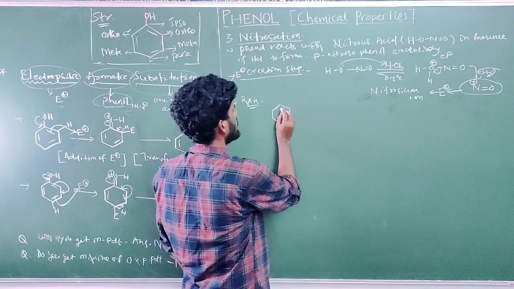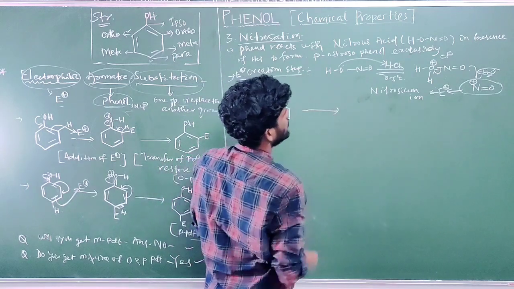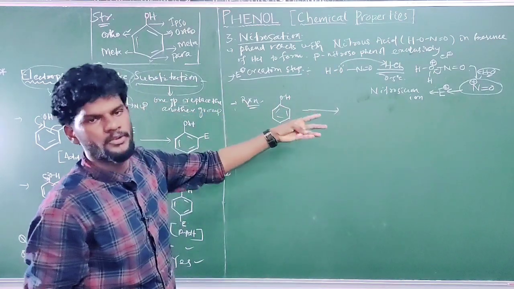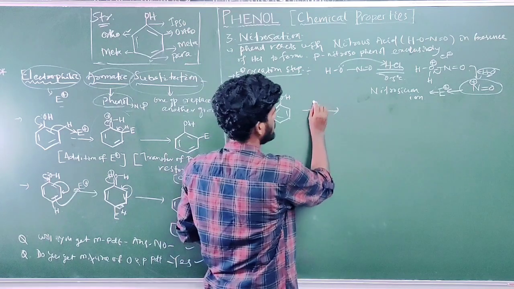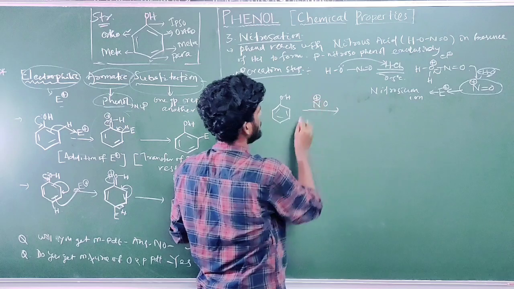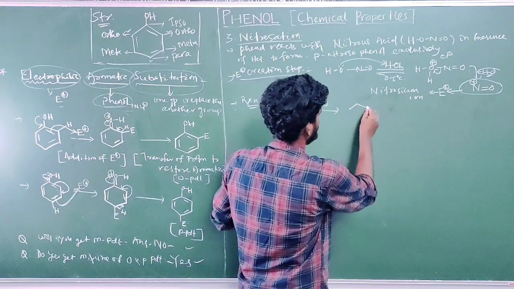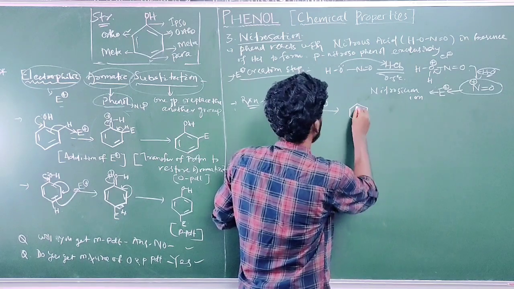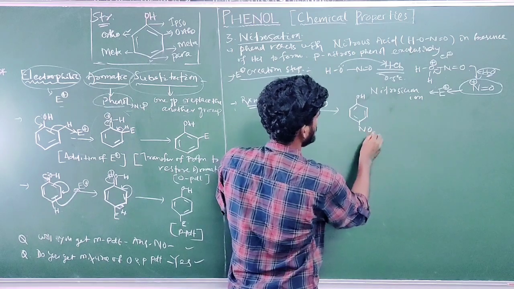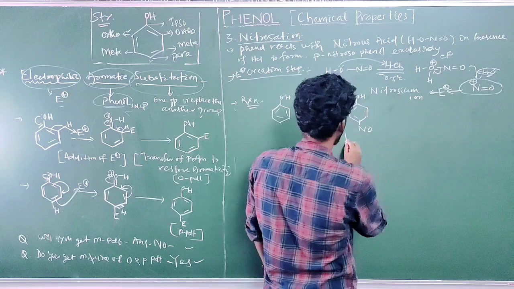Okay, so an ortho product and a para product. This structure is phenol, and the electrophile you can write above the arrow, nitrous acid or HCl, or you can write electrophile. What is the electrophile? It is created from HNO2 and HCl: NO plus. Okay, I am writing the mechanism. So it will give the para product exclusively. This is the para position. This is para nitrosophenol.